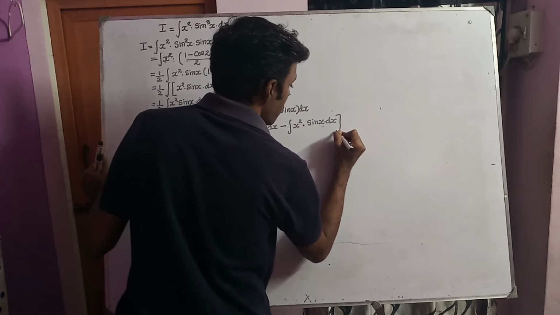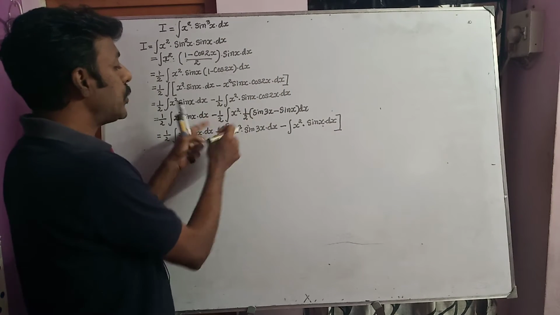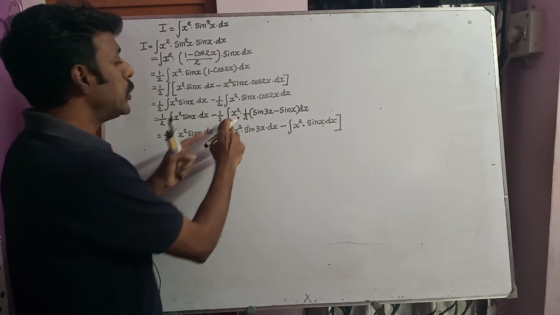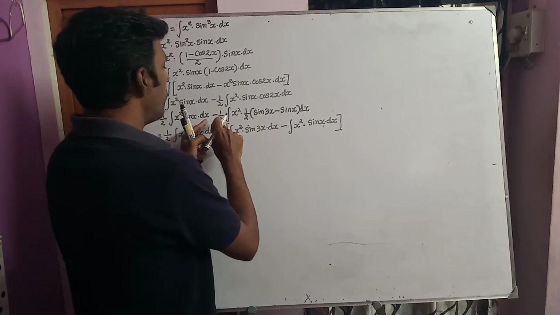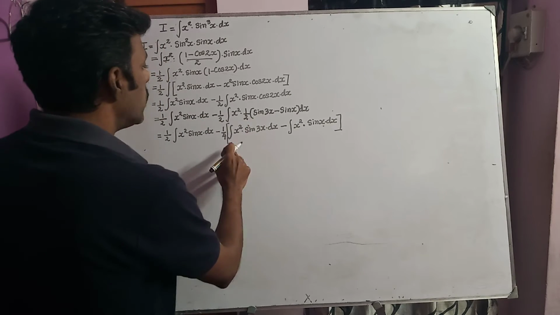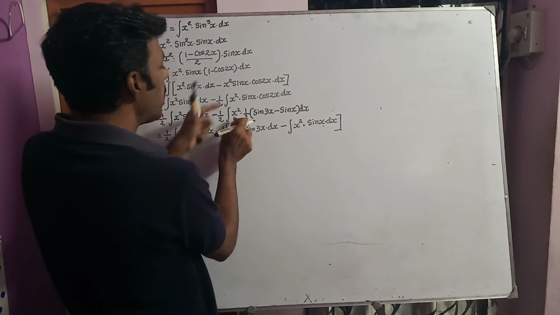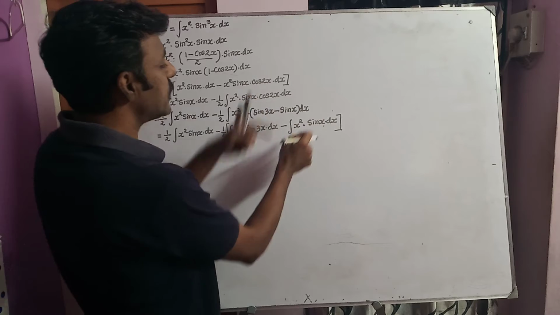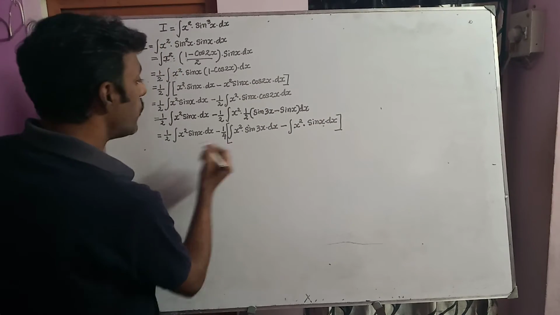This comes under the bracket, right? So it will be minus half into half, which is 1 by 4, and you need to put it in a bracket. So now again what I'm going to do is